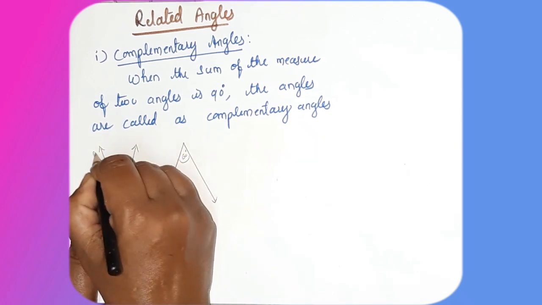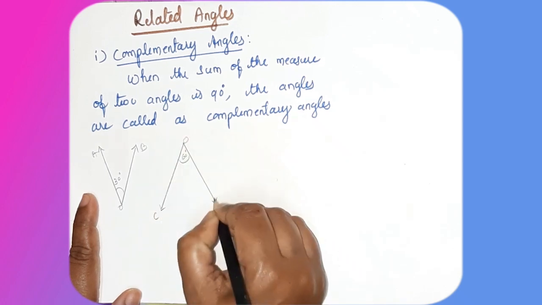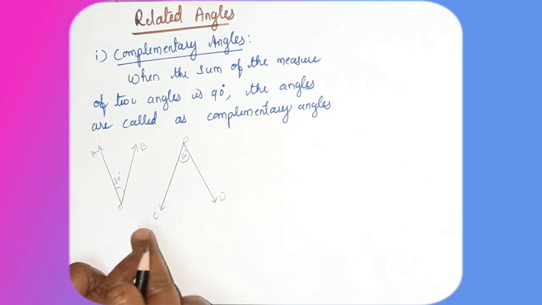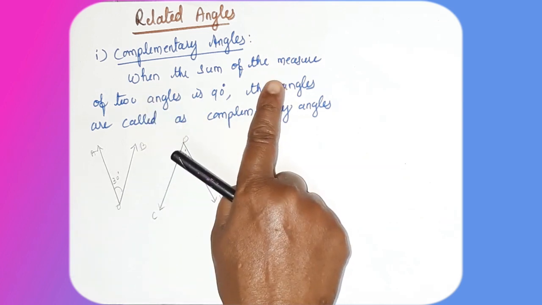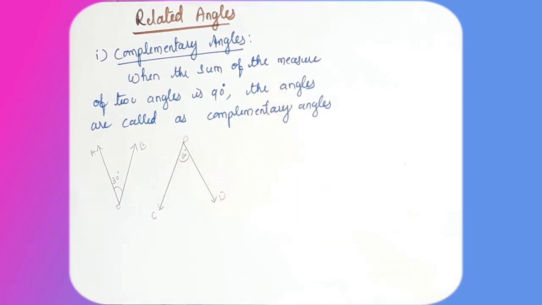Suppose this is AOB and this is COD. Angle AOB is complementary to angle COD, we can say. Okay, so like this, I already told you. I hope you are all taking these points in the geometry notes. Now for complementary angles, what you have to do? Page number 94, put the heading related angles, and the side heading complementary angles. Then the definition and those 4 diagrams.